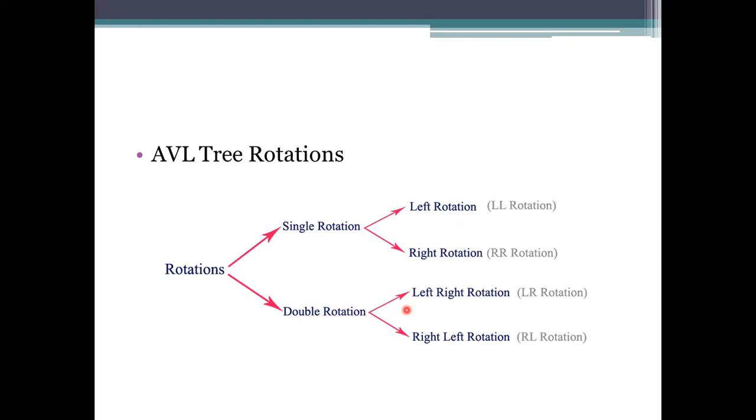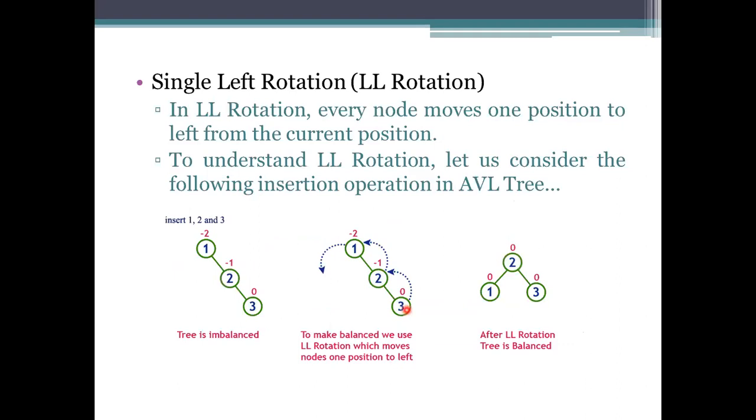Left side means we need to move that one, and then we will perform the right rotation if it is needed, and we will specify it as LL and LR. Double rotation means it includes left and right rotations, or right and left rotations. Both things will be performed. So first we will perform the left, and then the right in LR rotation, and then right and left in RL rotation.